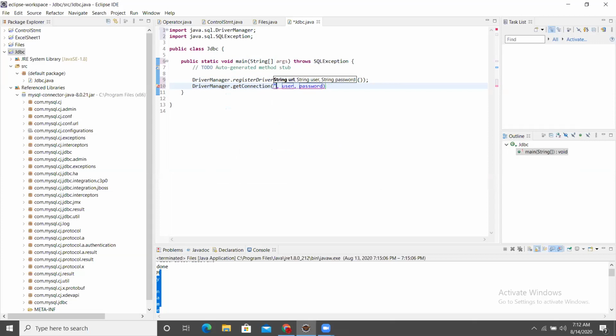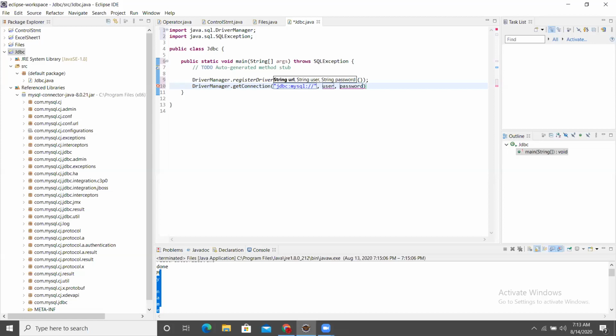Type JDBC colon, not slash, it's a colon. JDBC colon, MySQL colon, slash slash.